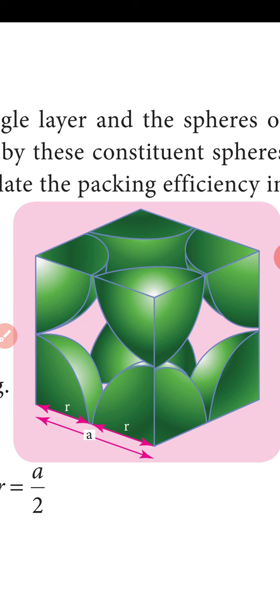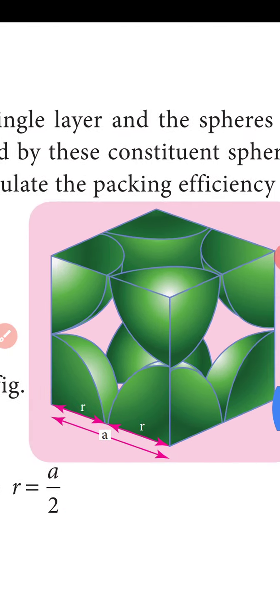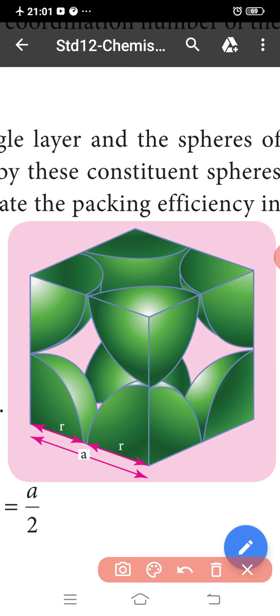So only 52.38 percent of the available volume is occupied by spheres in simple cubic packing. This makes inefficient use of available space and hence minimizes the attractive forces. Okay, this is the simple cubic unit cell: 52.38 percent of the available volume is occupied by spheres in simple cubic packing. The next one we discuss is the body centered cubic arrangement.